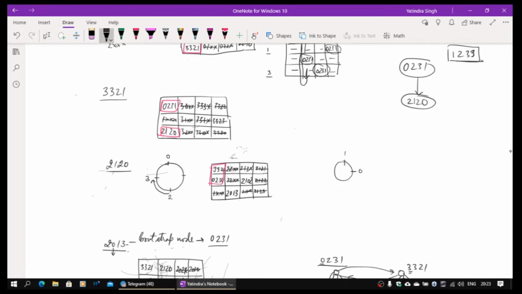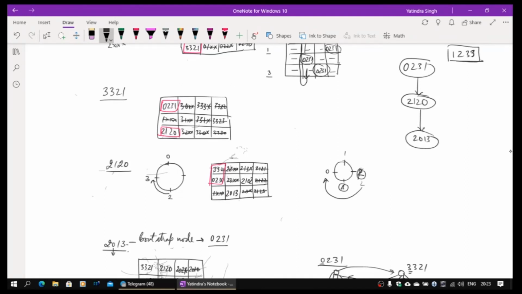Sorry, this is 0, this is 3, and this is going to be 2. These two nodes, there is no node corresponding to this in the second column. You only have 0 and 1. So when 2 is going to become, this is going to be the next guy. So 2013 will be handed over.